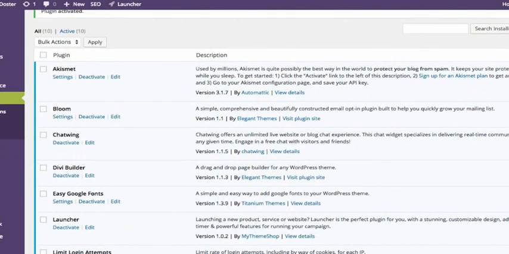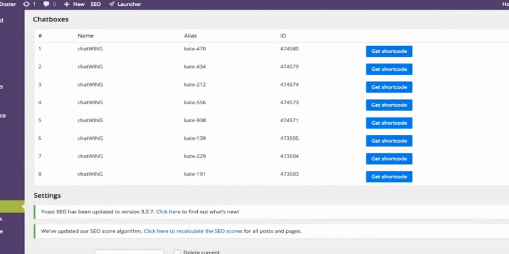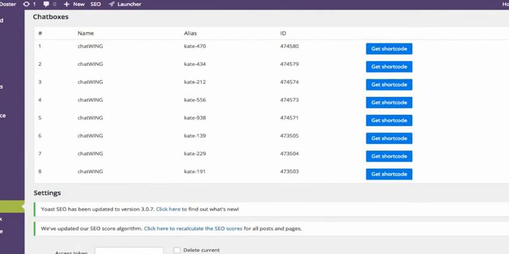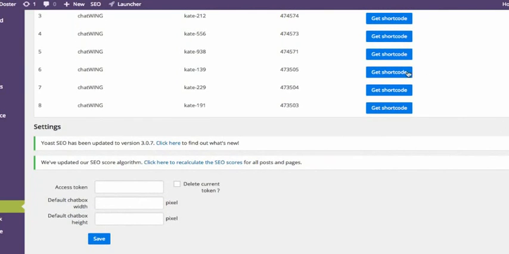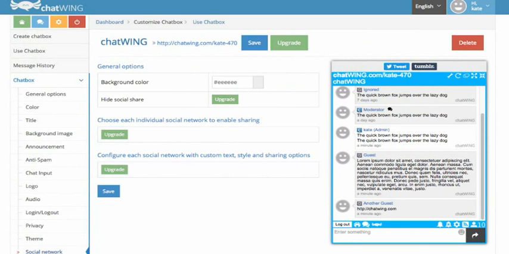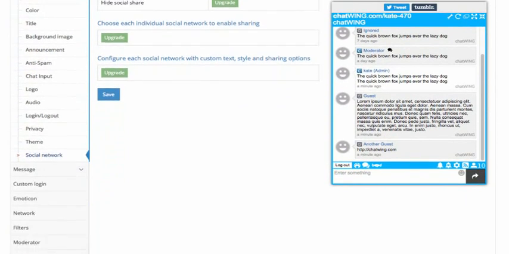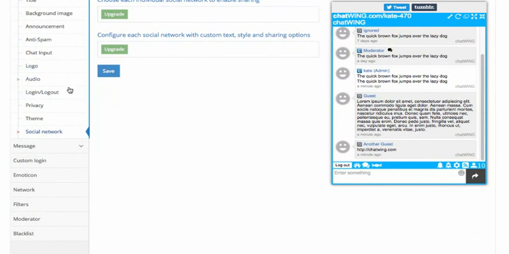Then what's going to happen is if you scroll down, you'll see Chatwing is now over here as one of your plugins. So go ahead and click on it on the sidebar. Now I had already integrated this into my website, so that's why you're seeing all these shortcodes. What you're going to do is, once you have this screen up, go over to Chatwing, scroll all the way down,